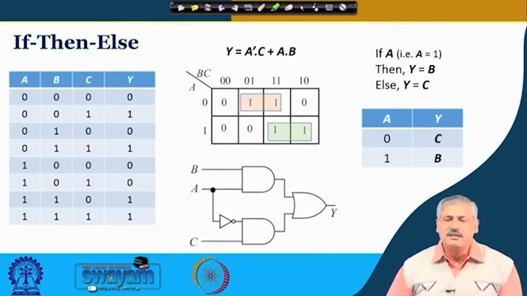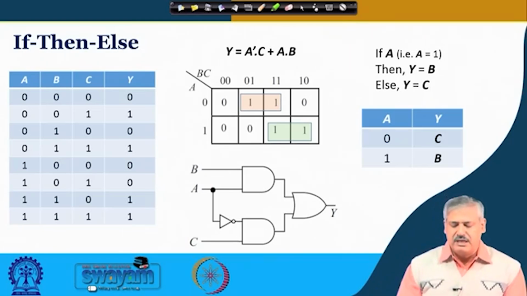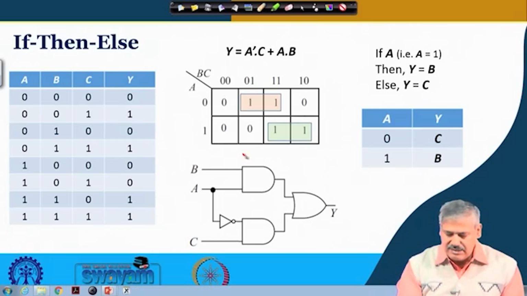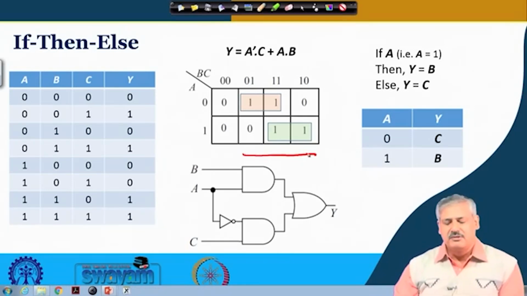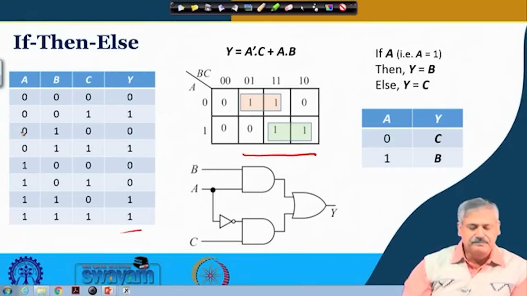So to discuss multiplexer, we look at a truth table which is converted to a Karnaugh map realization, which is what you see over here. This is something which we have seen before, very simple. Okay, the truth table is like this. Okay, and what is this truth table saying? When A is 0,